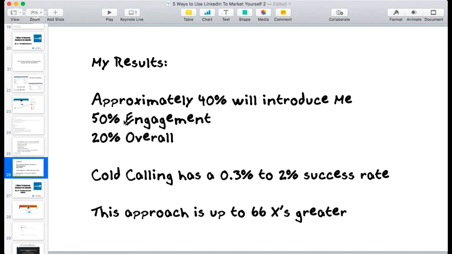Cold calling, according to a study from Baylor University, and also LinkedIn references one from IBM, Baylor University says the cold calling success rate is about 0.3%. That study, if you want to look online, is called Has Cold Calling Gone Cold? It's a great little 5-page report, but it was done with 6,000 plus realtors, and they tracked all these cold calls. The other one is 2%, which IBM says. So if I'm using this 20% overall with a 0.3%, my approach is generating 66 times more qualified leads coming in the sales funnel.